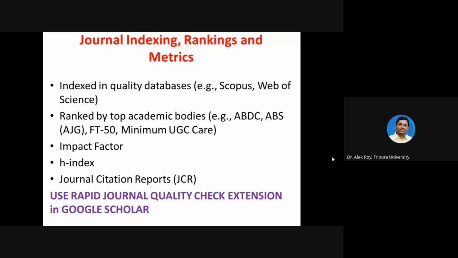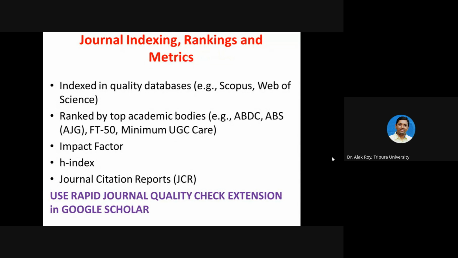Now, another one is called FT50. FT50 is more important for our part, but one or two technology journals are also there. FT50 is given by the Financial Times. So the Financial Times publishes its list of top 50 journals across the globe, and these journals are actually considered the mother journals of all. Most of the top institutions offering technology or management go with the FT50 list. And you will be amazed to know that in India you will find hardly 20 to 30 authors who have actually published in FT50 till now. This is the condition of FT50. And these are all gem journals which are there in FT50.